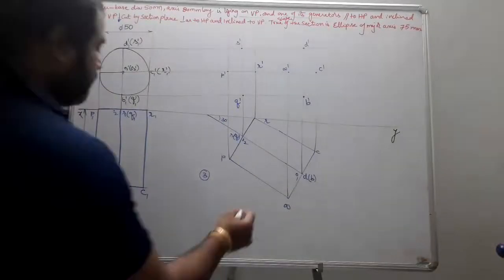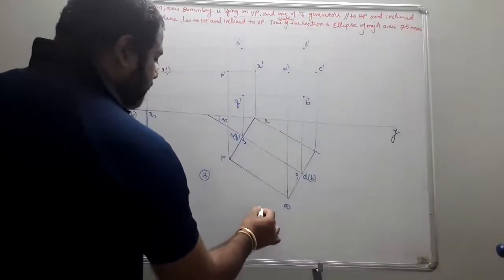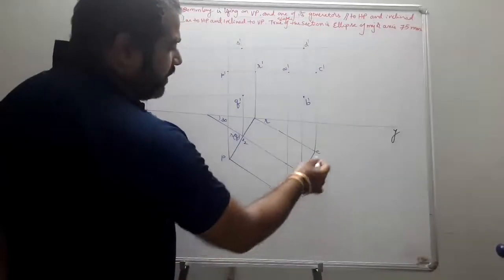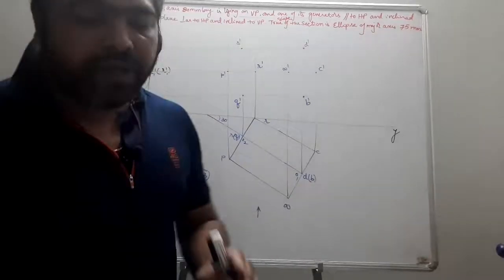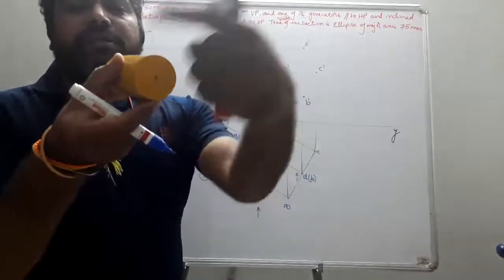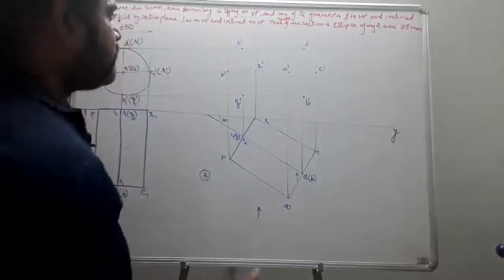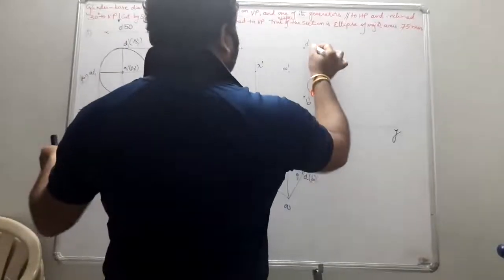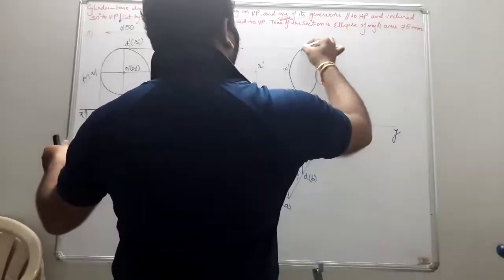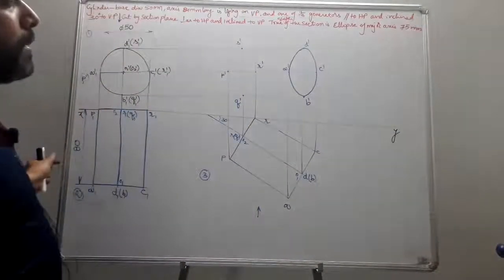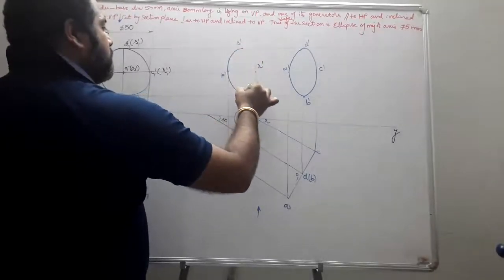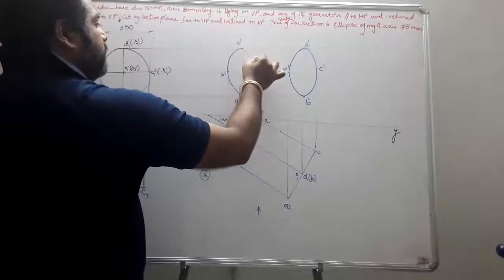Now, what is the farthest point from the observer? When the observer is here, the farthest point from the observer is going to be this. And when the observer is going to be seeing the front, this base is visible, right? So when your solid is tilted for 30 degrees, when you are going to see from the front, this base is completely visible. So I just join these with the smooth cut. Okay. And from here it is also going to be the smooth cut. And from here it is going to be